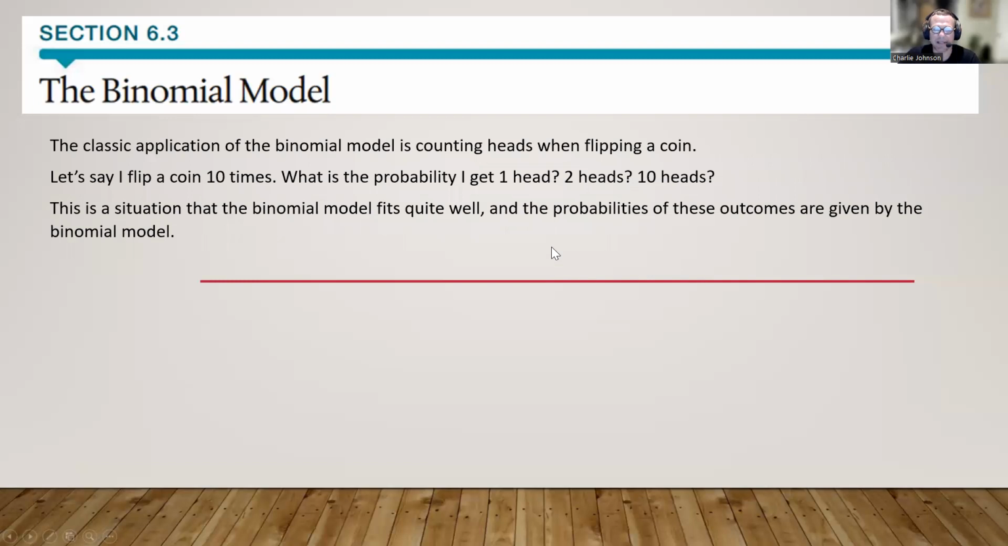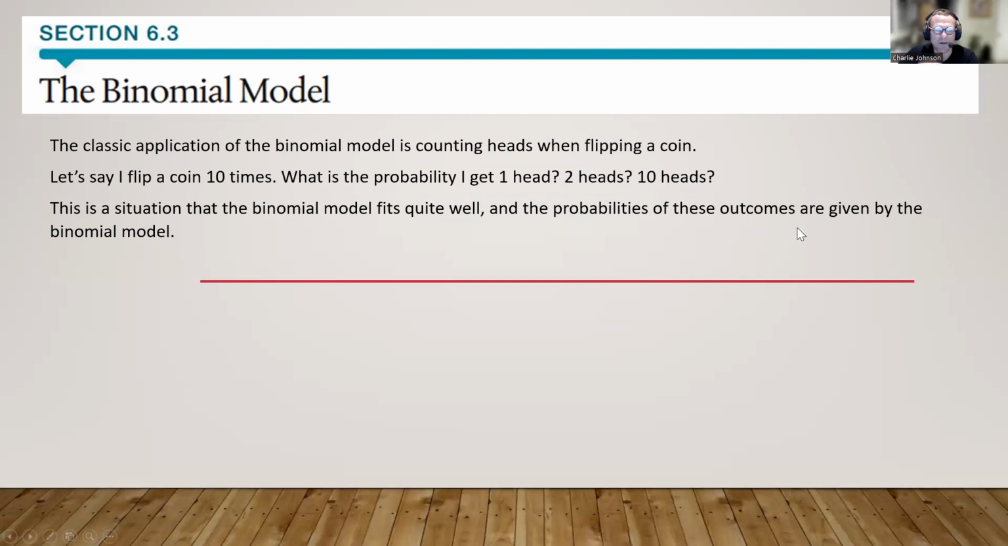The classic application of the binomial model is counting heads when flipping a coin. So we see these discrete values here. The flipping of the coin 10 times. Let's say I flip a coin 10 times. What is the probability that I would get one head? Or maybe we ask, what's the probability we get two heads? Or what's the probability that we get all 10 heads? This is a situation that the binomial model fits quite well, and the probabilities of these outcomes are given by